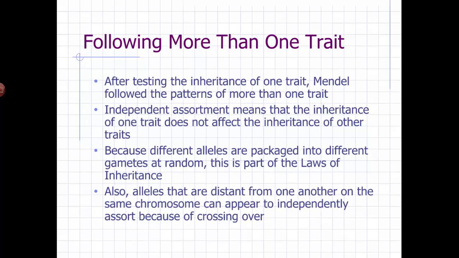So what we now know is that since we're talking about these things, these alleles or these genes, yes, chromosomes separate during the formation of gametes, and then they recombine during fertilization. And as long as the traits are on separate chromosomes, they will sort independently. If they're on the same chromosome, they may travel together unless they're very far apart from one another on the